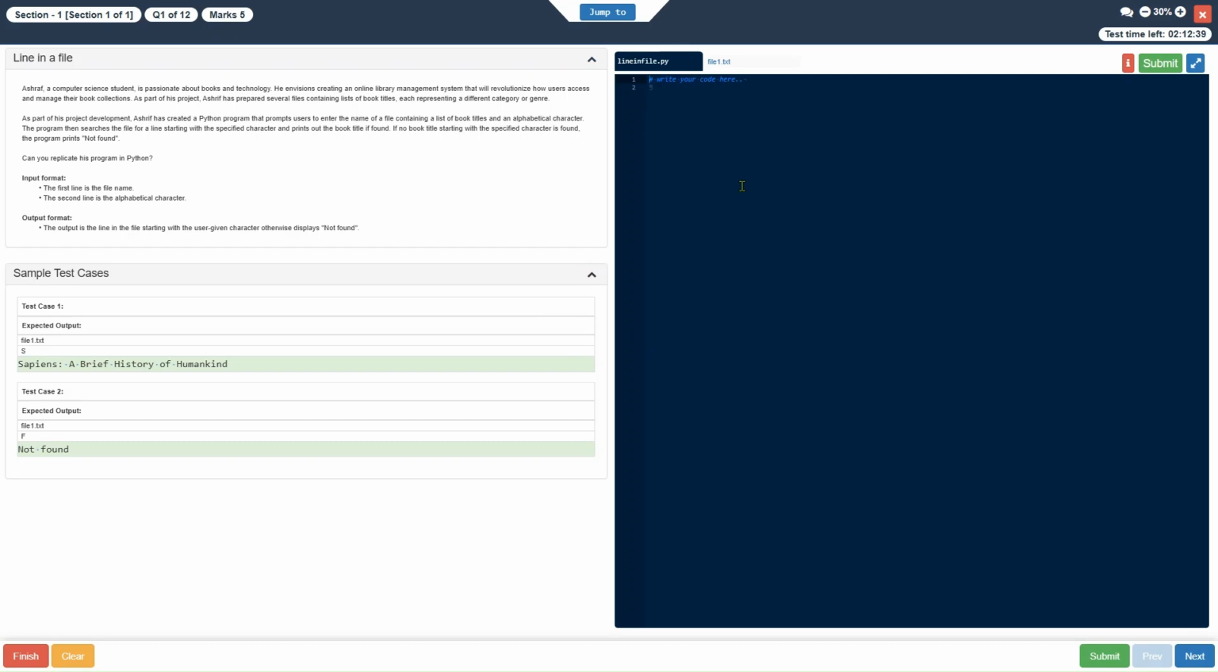Okay, guys, let's see the first question. The question is about a file. Read this by yourself. Okay, there is one file, and the file looks like this. In this file, you have this kind of data, and the question says the first